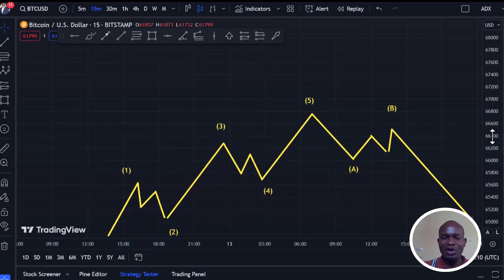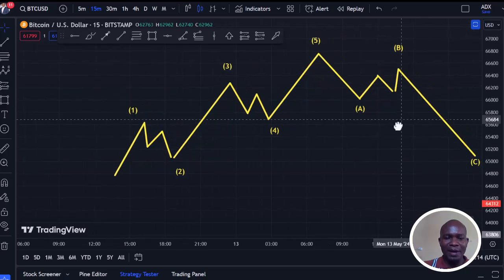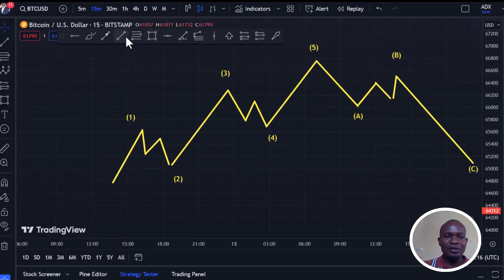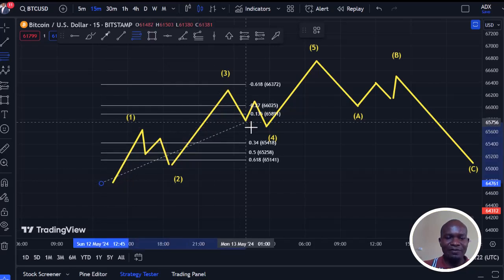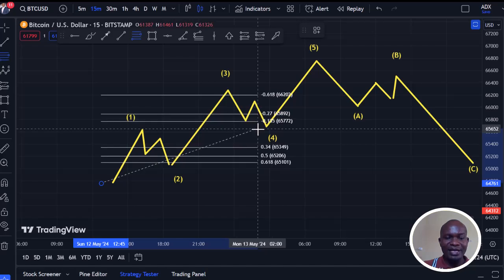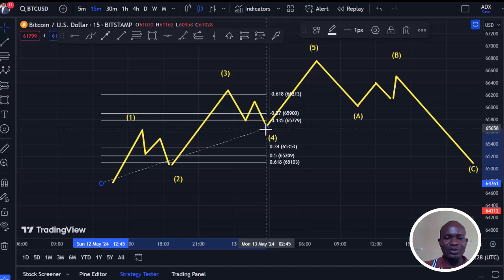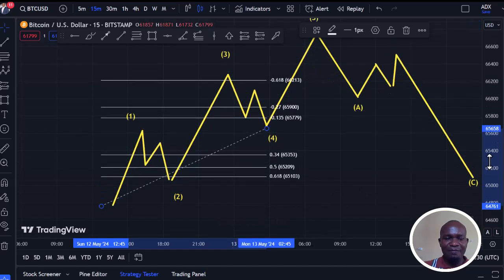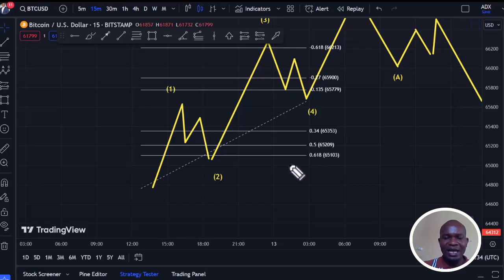So let's use this to illustrate our strategy before we dive into the practical market. Pick up your Fibonacci, get from the beginning of this trend and draw it to the end of this impulse. Once you draw it here, you're able to see where the fib levels are. From here we can see we have fib levels at 0.618,